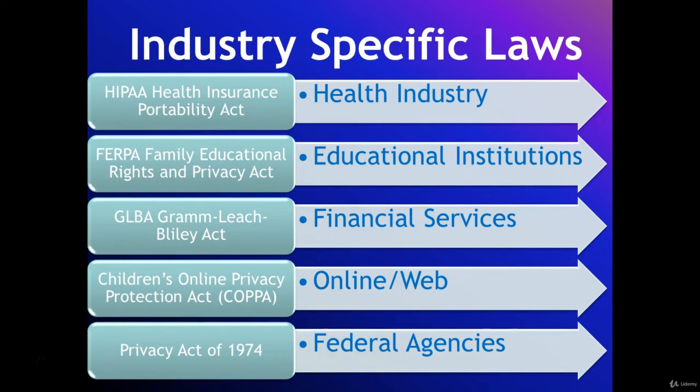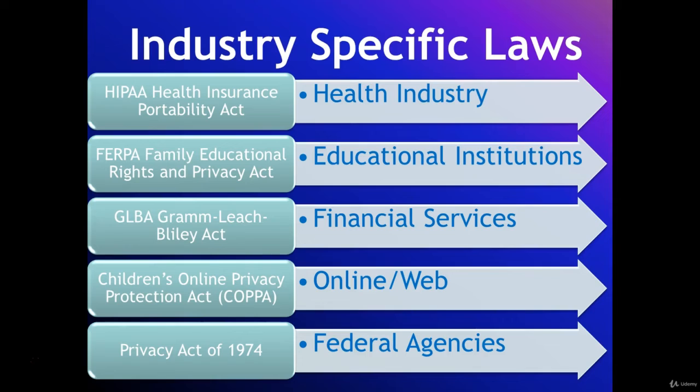The Children's Online Privacy Protection Act, COPPA, gives parents control over what information websites can collect from their kids. COPPA also requires that parents give consent for the collection of information from children under the age of 18 before that collection takes place. The Privacy Act of 1974 is the United States federal law which established the Code of